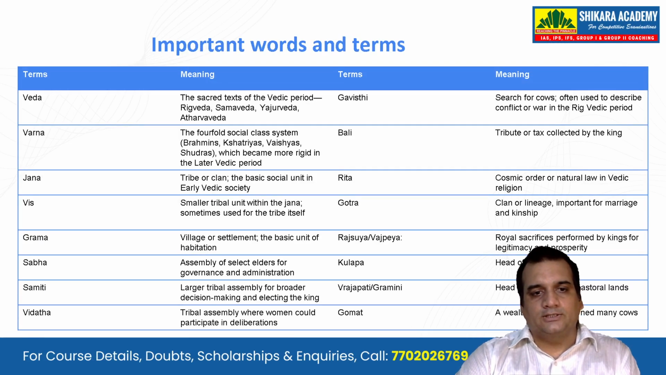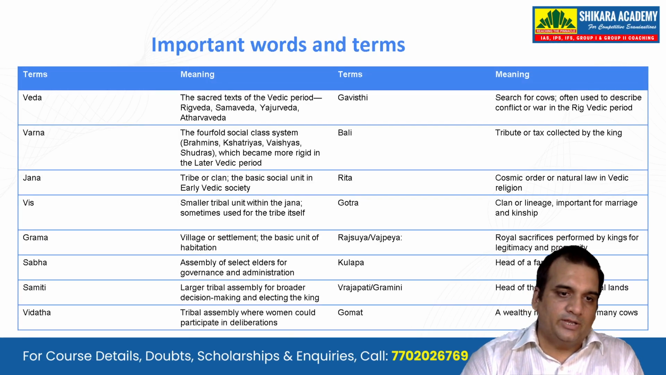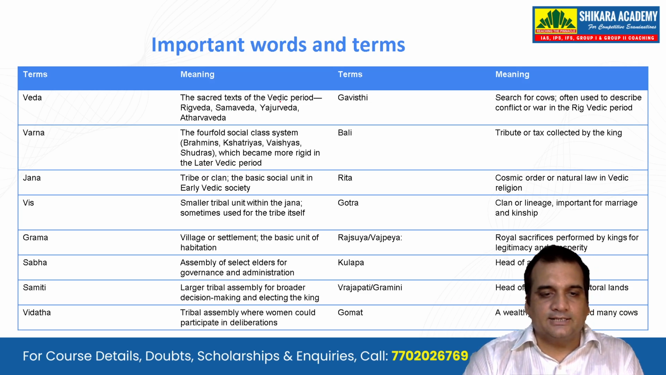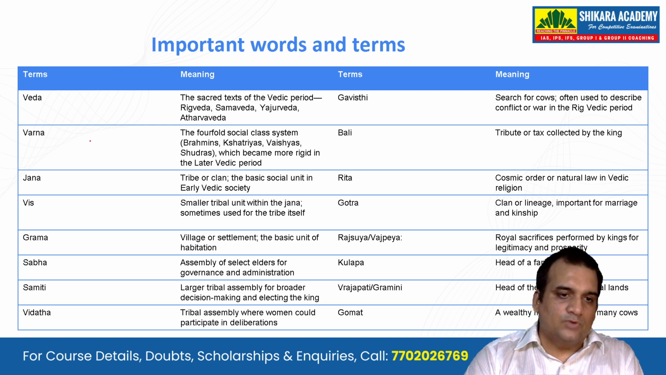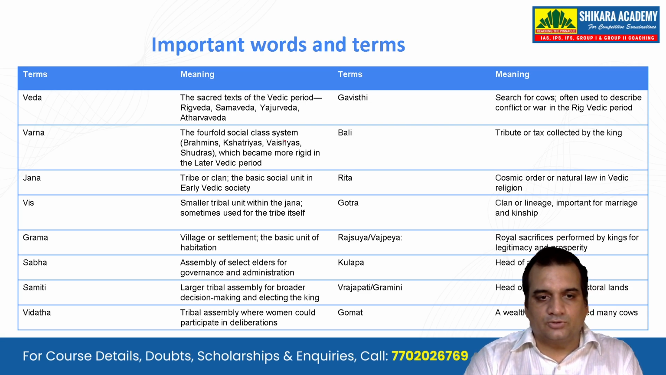Okay, important words and terms. Now this is very important. Veda. What does Veda mean? The sacred text of the Vedic period: Rig Veda, Samaveda, Yajurveda, Atharvaveda. Okay, so that is for the Vedas. Varna, the fourfold social class system, that is the Brahmin, Kshatriya, Vaishya, Shudras, which became more rigid in the later